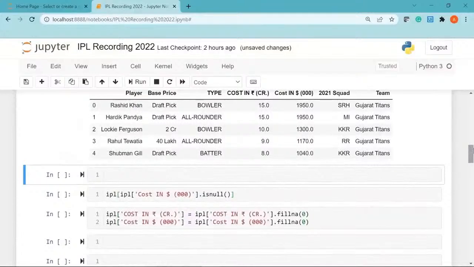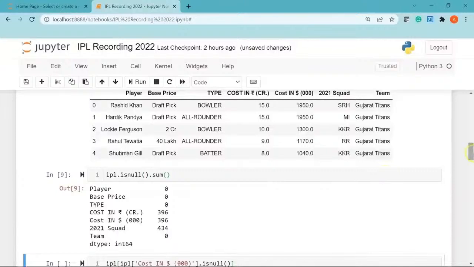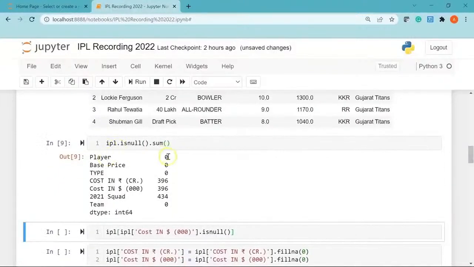Alright, now moving ahead, let's see the total number of null values that are present in each column of the dataset. So I'll say IPL dot, I'm going to use the isnull function followed by the sum function. If I run this, you can see here the player column doesn't have any null values. Similarly, base price and type columns also don't have any null values, but you can see cost in rupees and cost in dollars have nearly 396